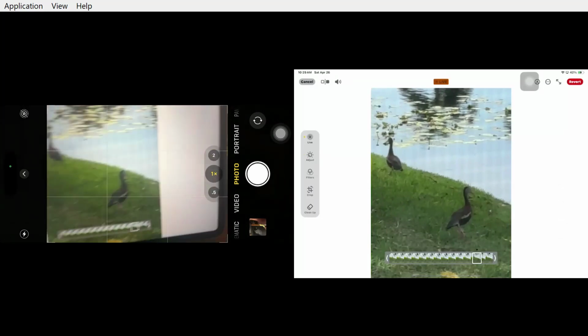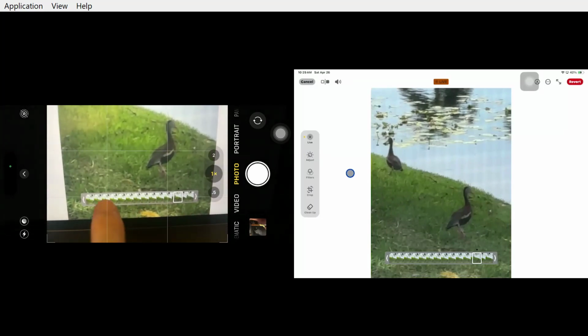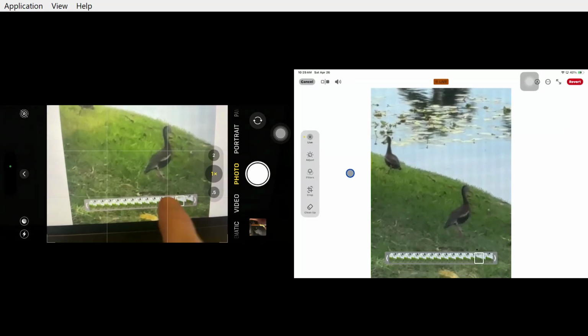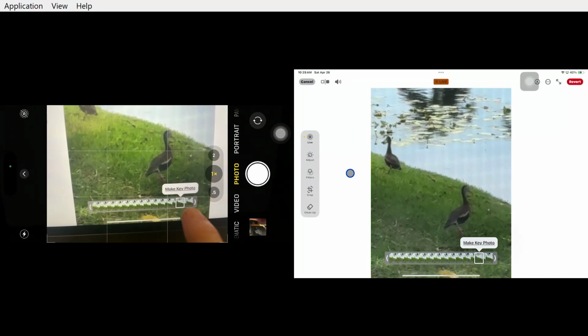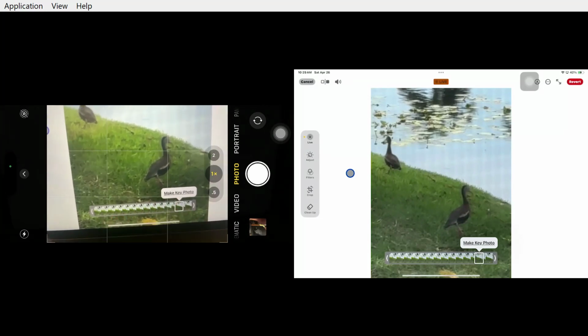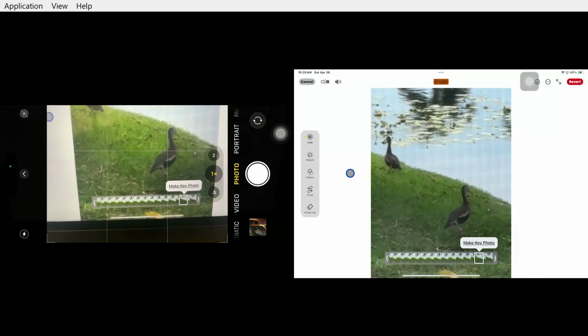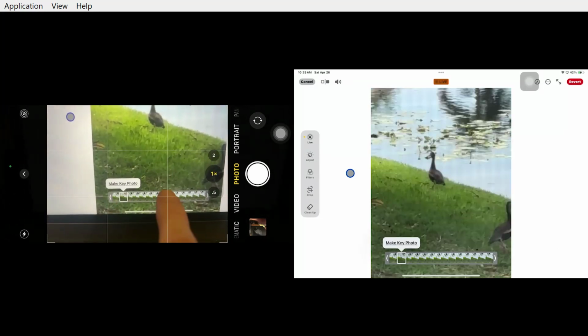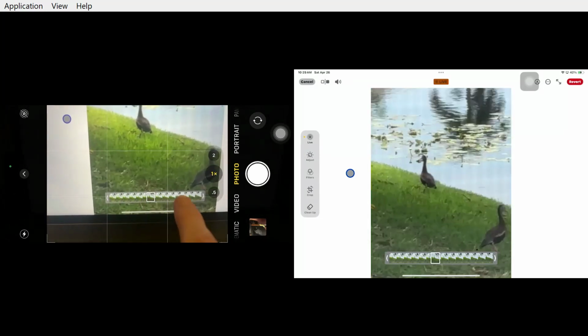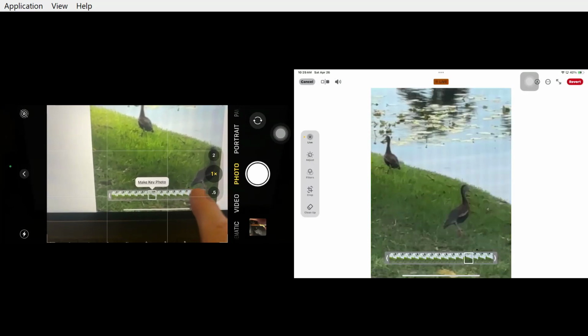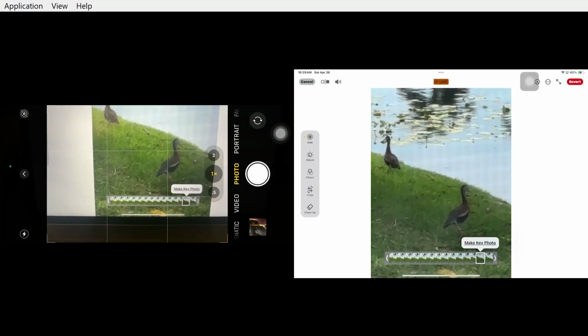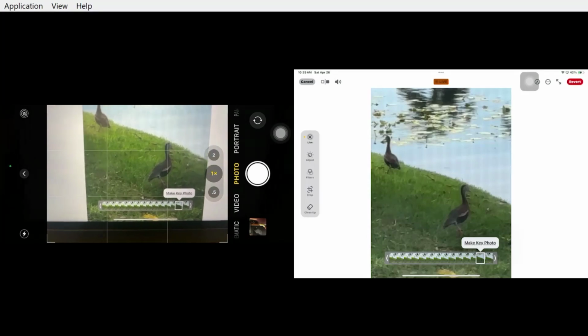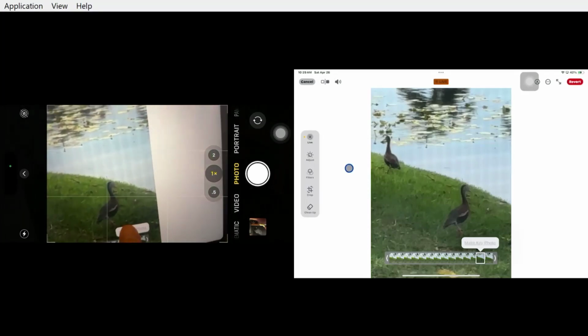And then it shows up, here's the, if you will, the frames of the video, and which one do you want to make the key photo? And that's what we want to do. And I can just tap a different place on there. If I want to focus on the duck on the right there, I'll go clear to there. And that's what I want to make the key photo that I will duplicate